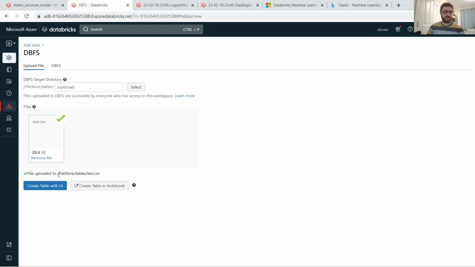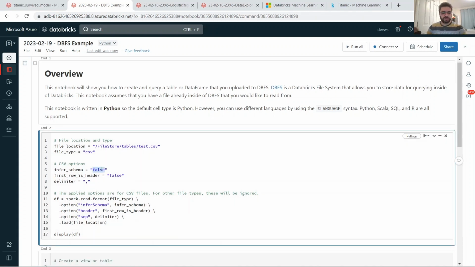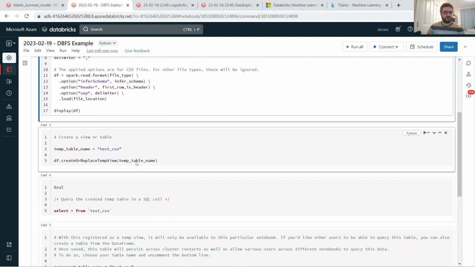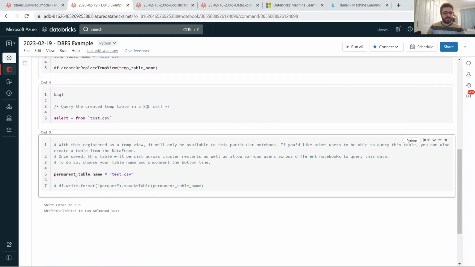Select files is uploaded, and it's uploaded in /FileStore/tables/test.csv. Now I'm going to create with a notebook. This is exactly what we have done before. However, we do it for the test table. And if you remember, infer schema was true, make it true. And first row is a header is true as well. I'll leave everything the same. Test CSV, select. I'm going to save this table. I'm going to call it